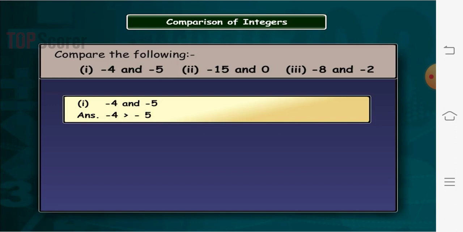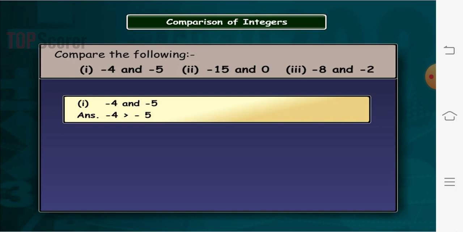Now here we don't have the number line, but in your mind you can do it like this: 0 and go towards the left side. So 0, minus 1, minus 2, minus 3, minus 4. So which number comes first? Yes, minus 4. So we can say that minus 4 is much closer to the origin as compared to minus 5. So which number is bigger here? Yes, minus 4 is bigger. So I will open the crocodile mouth towards the minus 4 number.